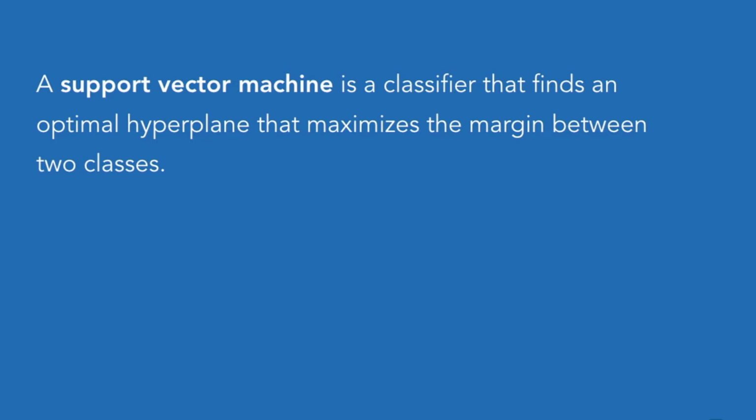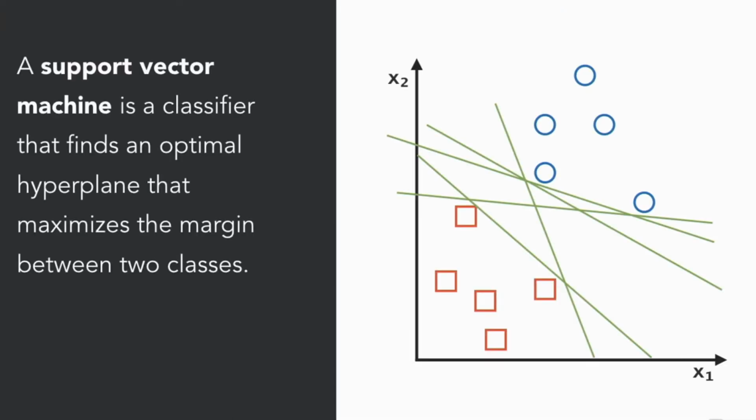Using x1 and x2, we want a line to separate the red squares from the blue circles. So, any line shown on this plot is really a viable option. They would all perfectly separate the red squares from the blue circles. However, there has to be an optimal line, or decision boundary.